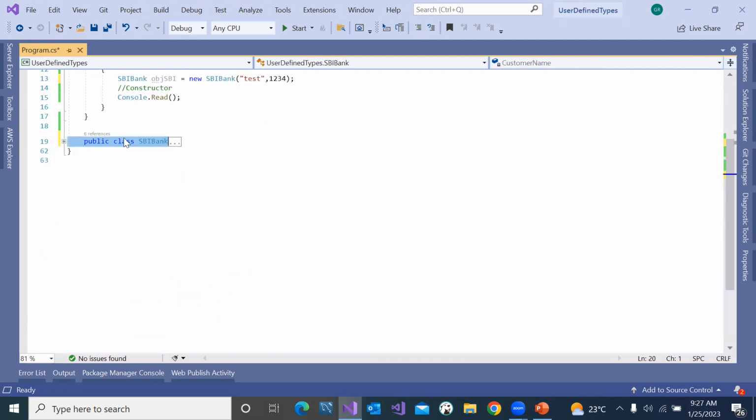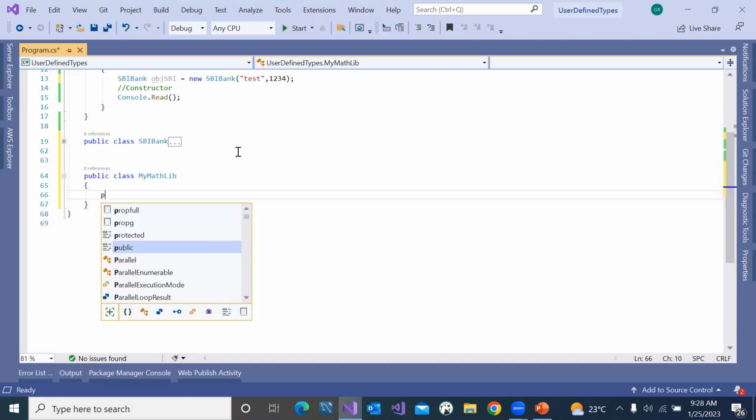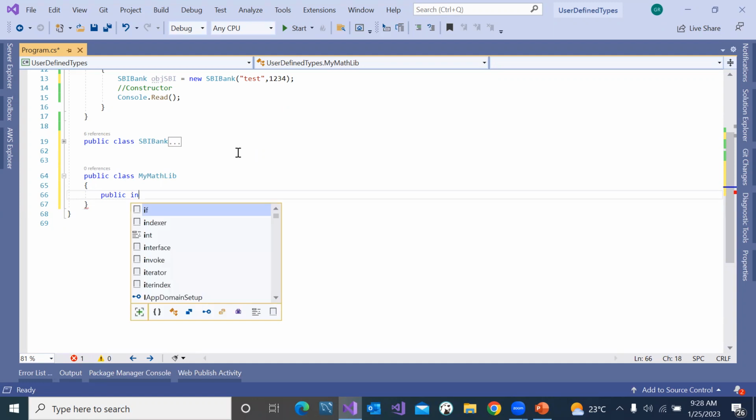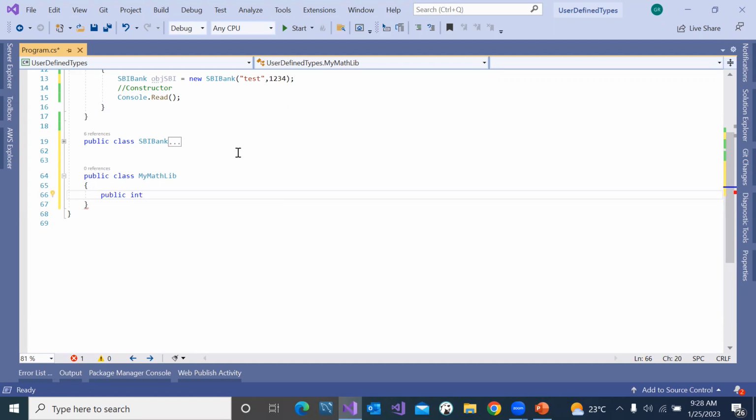Otherwise, let's create one more class. Public class MyMathLibrary. I'm going to create a class which is going to have a set of mathematical operations. This will take care of performing a set of mathematical operations. And I'm going to write some methods like public int FindSum,